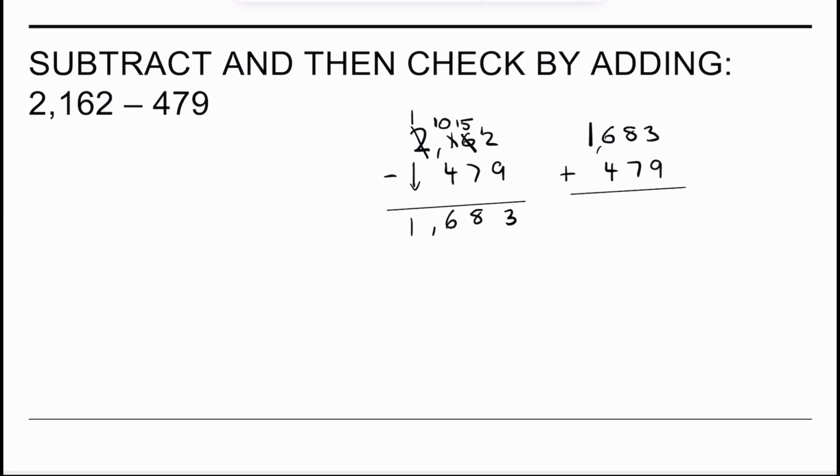And so we get 3 plus 9 is 12. 1 plus 8 is 9. Plus 7 is 16. And we got to put the 1 over there. 1 plus 6 is 7. Plus 4 is 11. And we get 1 plus 1 is 2. So we get 2,162. I know I went a bit faster there, but we should be starting to get comfortable